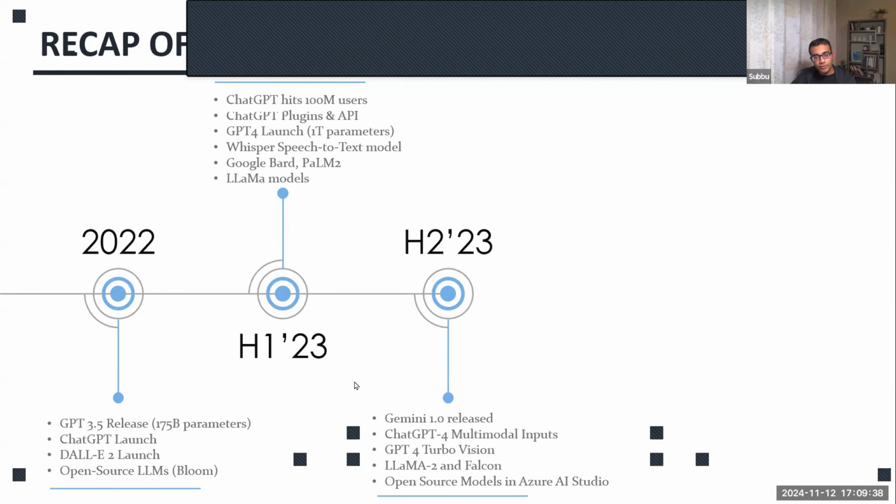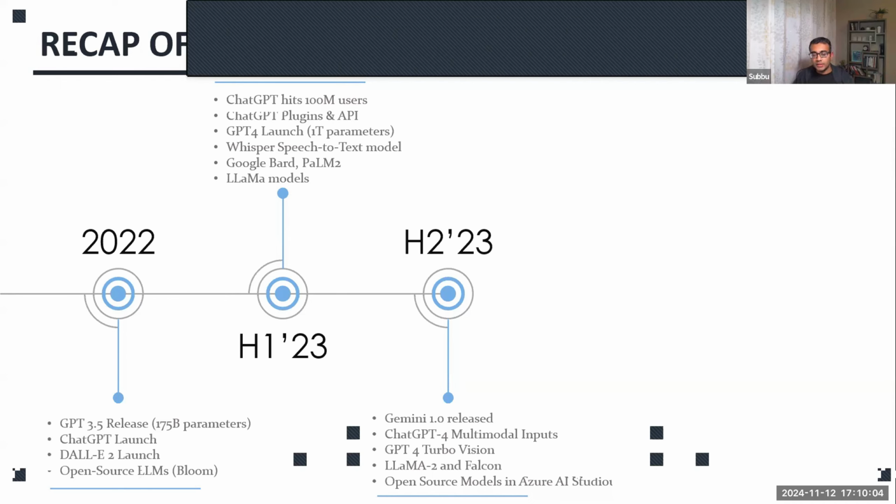And during the second half of 2023, Gemini 1.0 was released. It was not very powerful at that point, but it was trying to compete. It was a good attempt from Google to compete with OpenAI, and it was working relatively well, but not on par with OpenAI. And GPT-4, on the other hand, supported multimodal inputs,